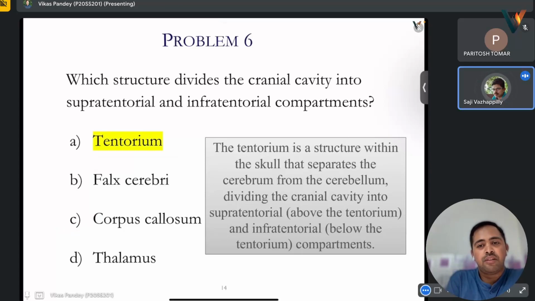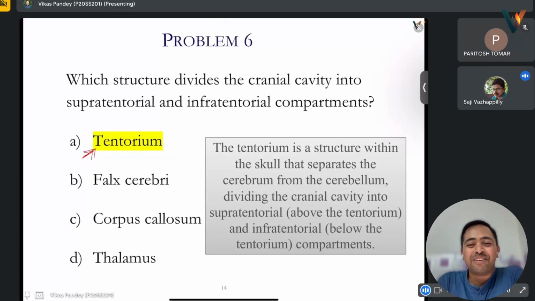Tentorium. Yes, yes. He's explaining with the skull demonstration, this tentorium, with the paper and all. That is a structure within the skull that separates the cerebrum from the cerebellum, dividing the cranial cavity into